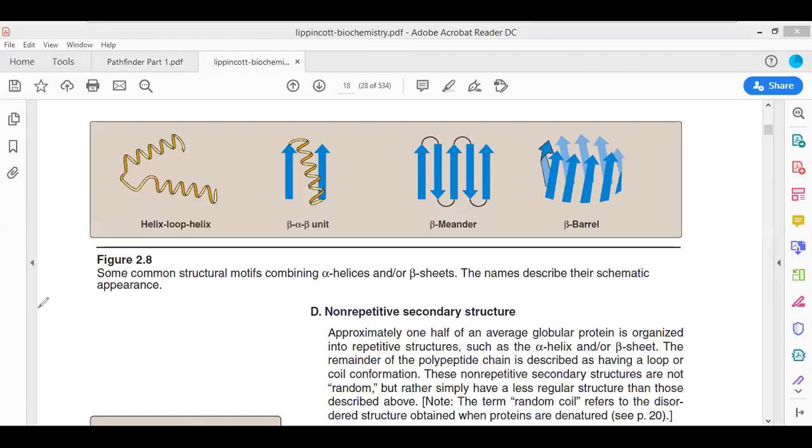Okay, there is a DNA molecule which is present. If this is a DNA molecule and there is a protein molecule which has to bind to this DNA molecule, how is this protein going to bind to this DNA molecule? Supposedly there is a protein. This is a protein molecule that has to bind to this DNA molecule, then it will use a beta alpha beta motif.